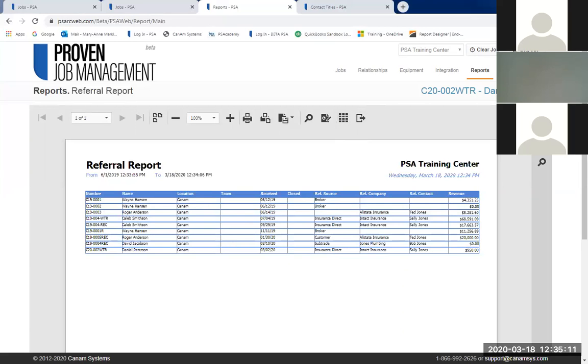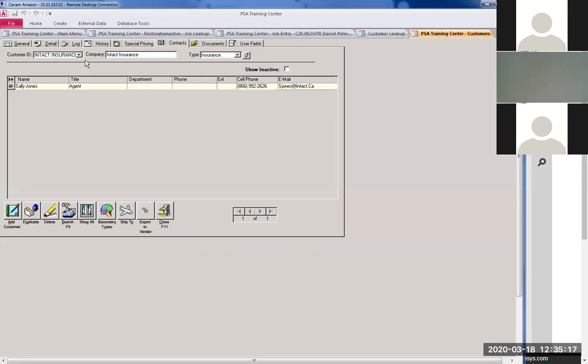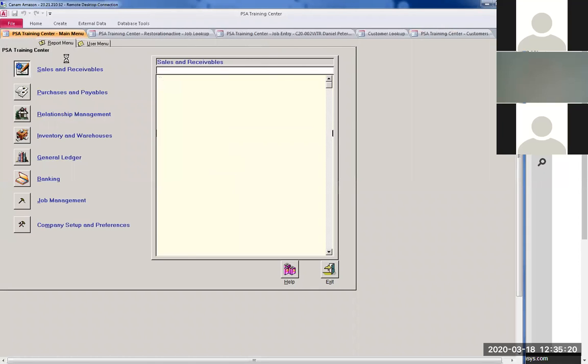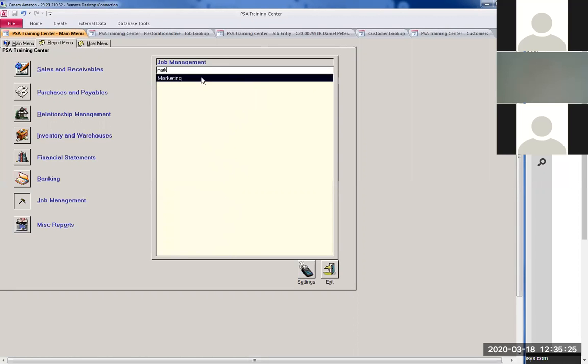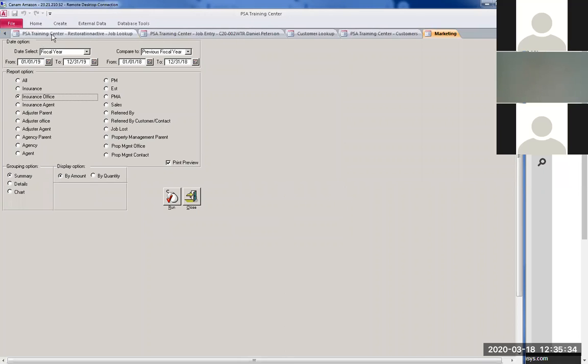Now, for those of you using the desktop, we have a report that is, let's slide this back over here, on our report menu under job management. The report here is called marketing, and it has the availability for you to do a comparison this year to last, and it has many different report options. So you see all the different options here. If I'm looking at referral specifically, this would allow me to choose the referred by, and I'm going to just change these dates here to this year,